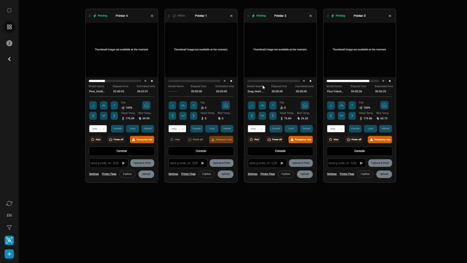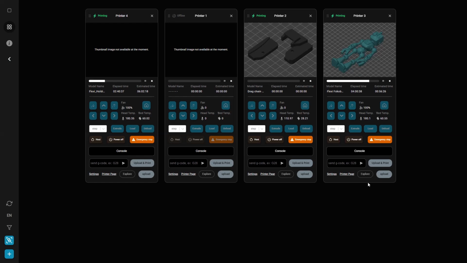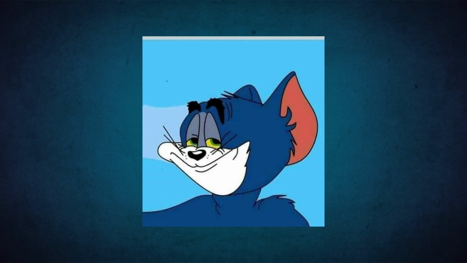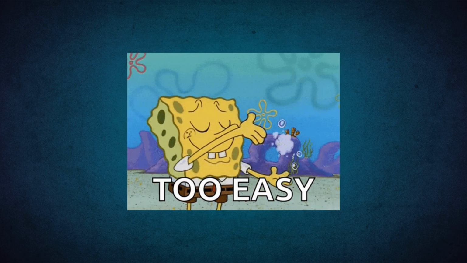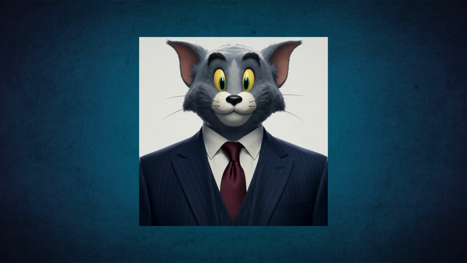And now inside the group, you can do exactly the same things that you can do in the all printers panel. The only difference is that it will just remain inside the group. And now I believe I've covered most of the key points. The app is designed to be very simple, and I hope you find it both helpful and easy to use.